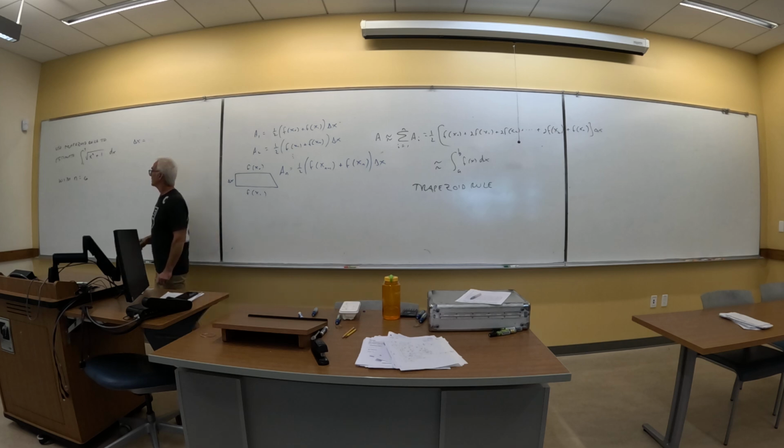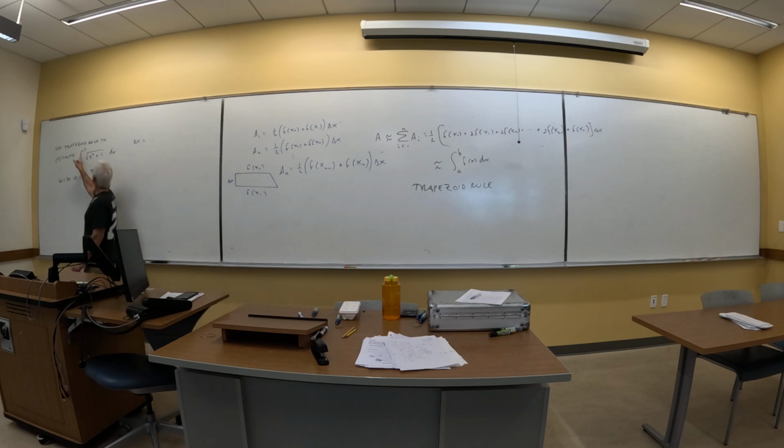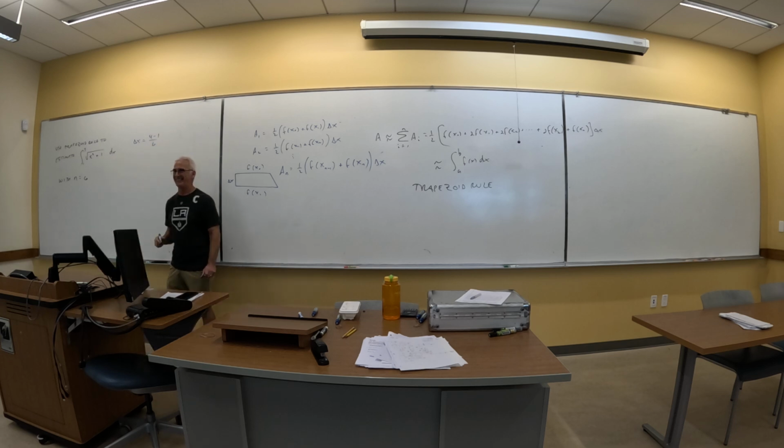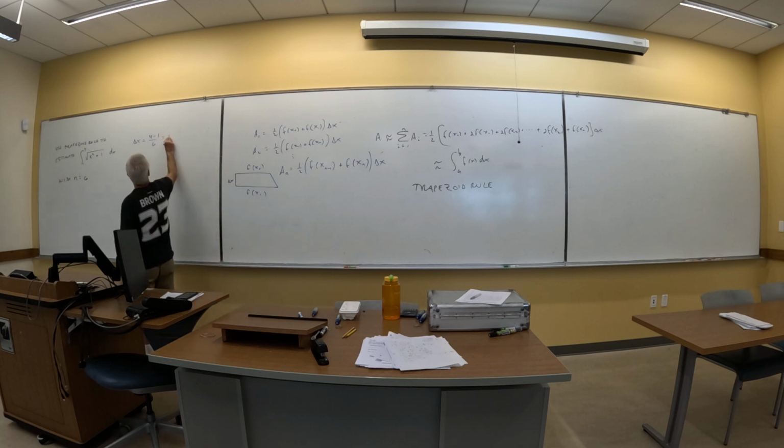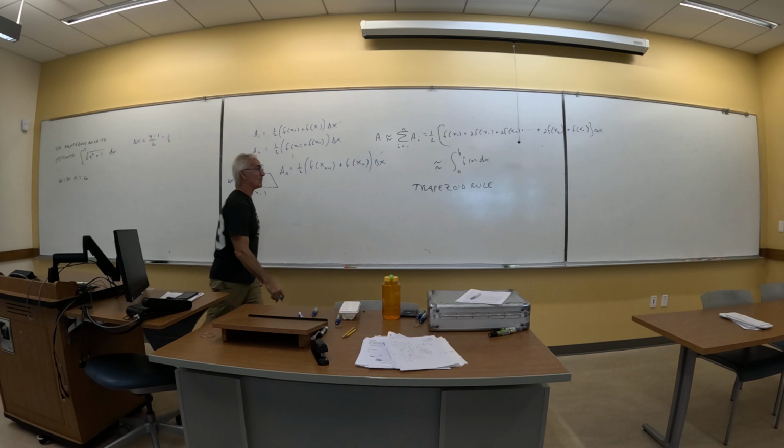3 over 2. 3 over 6. How about 4 minus 1 over 6? Everybody okay with that? My interval is from 1 to 4, so I have the width of my interval divided by n, so that's going to be 1/2. So when I write down my formula,